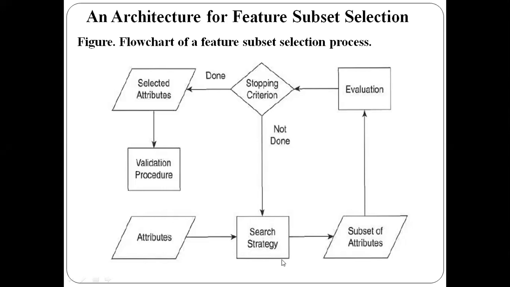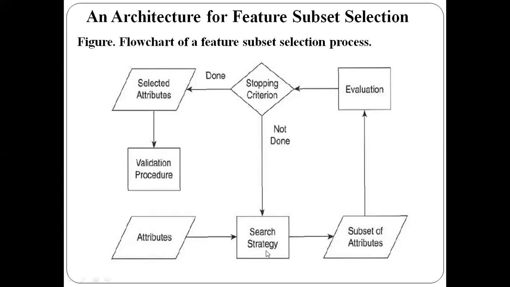So first one is the search strategy. This search strategy will be controlling the generation of the new subset of features. Ultimately, your aim in using the feature subset selection is you want to choose the subset of features. So out of 10 features, for example, for your data mining algorithm, you will be choosing only 5 features or 6 features based on your algorithm. So I want to get the output as the best subset of features for my algorithm. For that, I need to control the generation of the subset of features here. So that will be controlled with the help of search strategy.